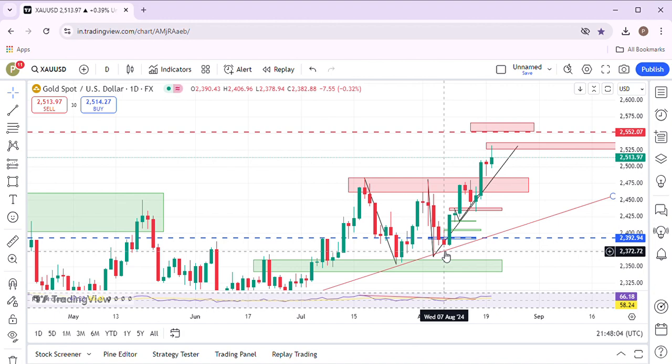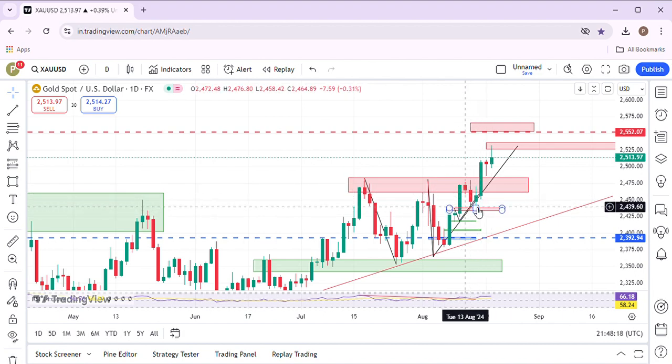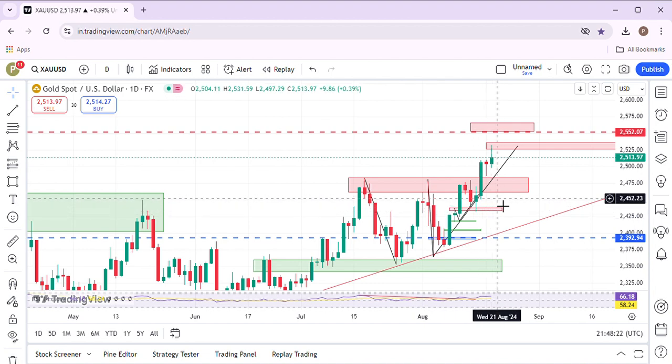So obviously I took this one, and just like last week I said that the market will give us a breakout, and after the breakout it will come back down and take a retest, and anyone who is interested can take a buy all the way towards 2525.75. You will remember I will leave the link of my previous video in the description. Honestly speaking, I could not take advantage of this sell.